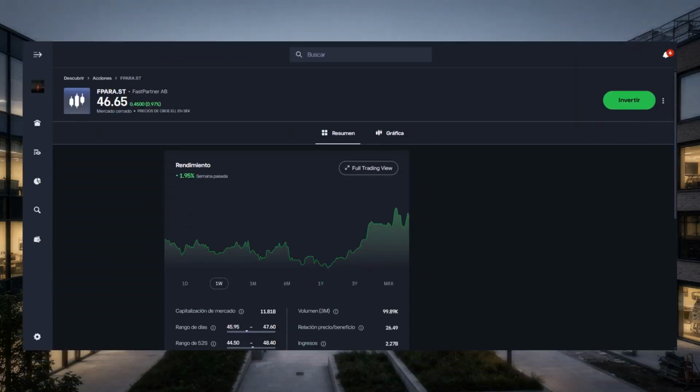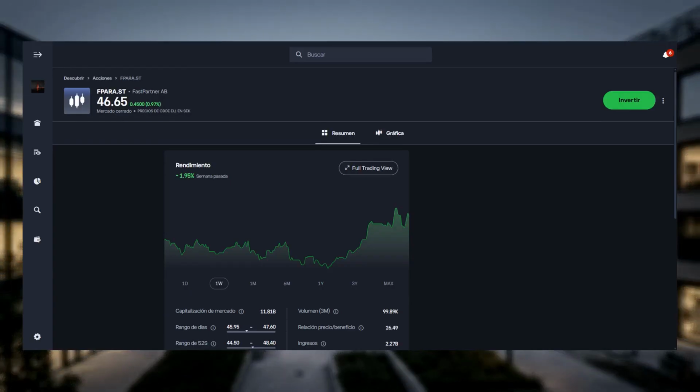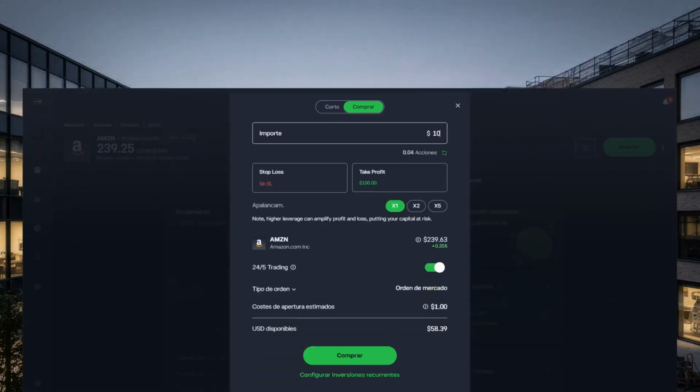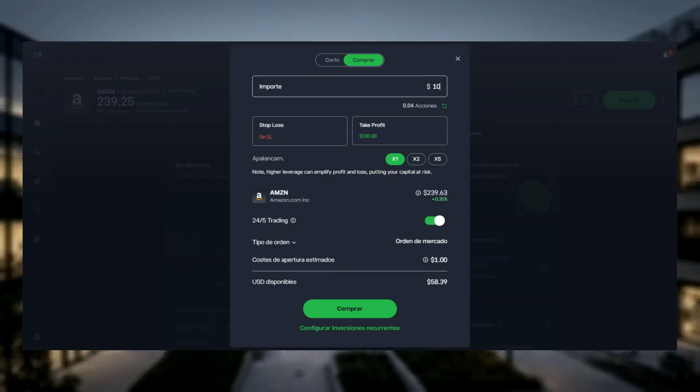On the asset page, review the company summary and the price chart for recent performance. Make sure the page shows FastPartner AB and the ticker FPARA.ST to confirm the correct listing. Tap Invest, enter the amount you want to buy, then review the order details including any fees and order type